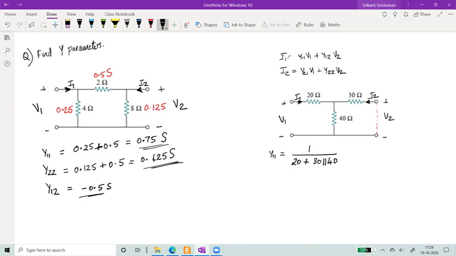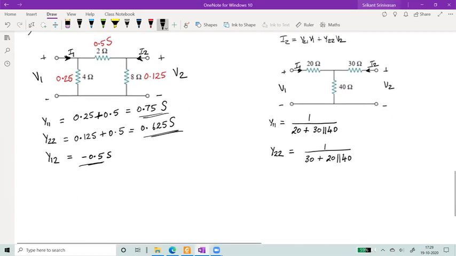Okay. What is Y22 going to be? Because now I have resistances, I could have either converted them to admittances and tried to solve, or I'm using them as resistances. So I'm finding out the equivalent resistance and then inverting it. Similarly, when I have to do Y22, then what I'm going to do is I'll short circuit the input side and I'm left with 20 in parallel with 40. So that's 1 over 30 plus 20 in parallel with 40, right?